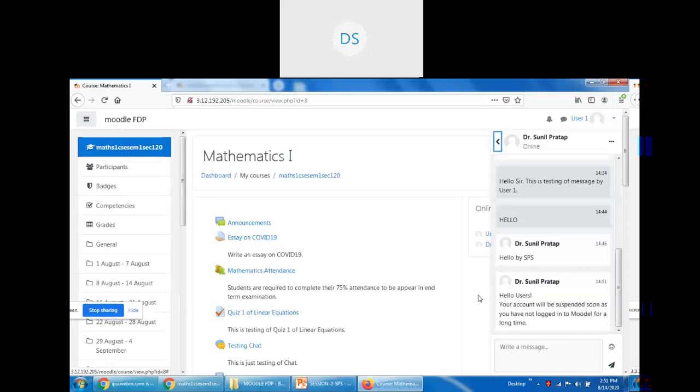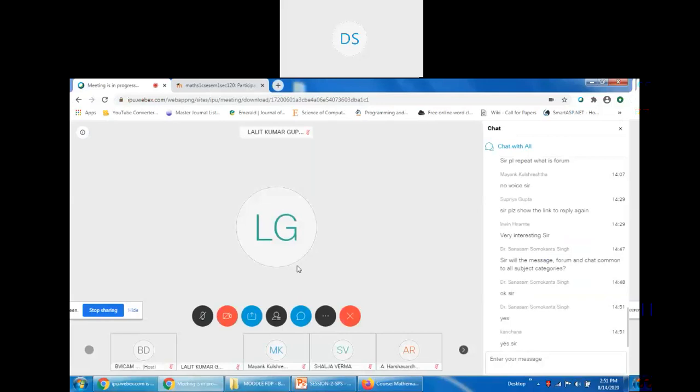I hope you will be able to implement these tools in your course pages when you implement Moodle in your institute. So is there any confusion, issue, or any question related to communication tools?